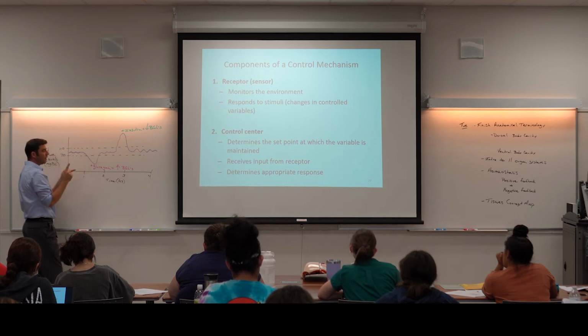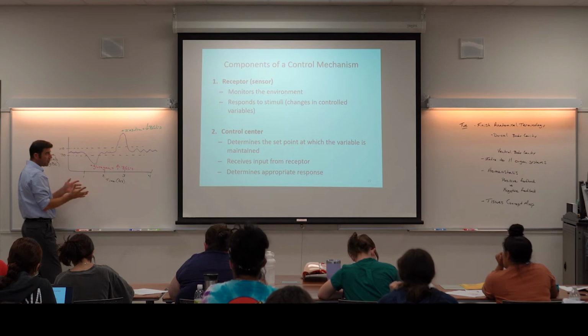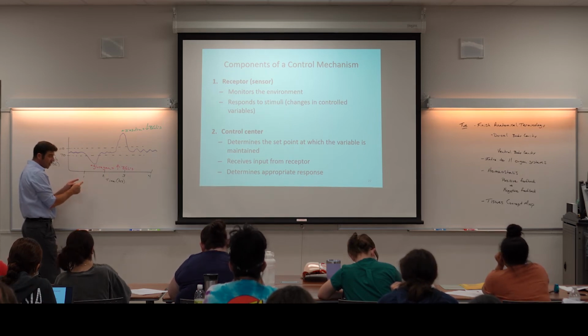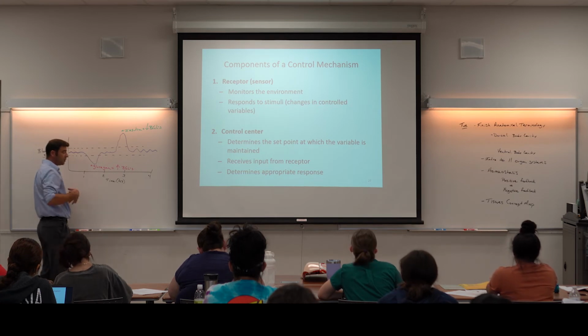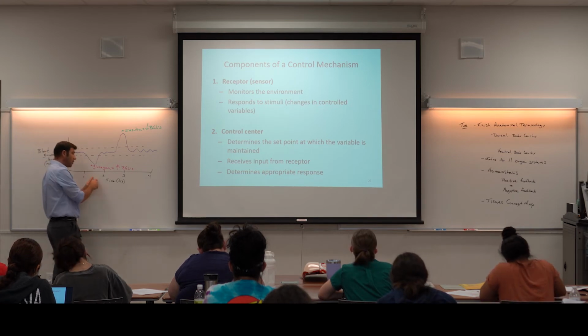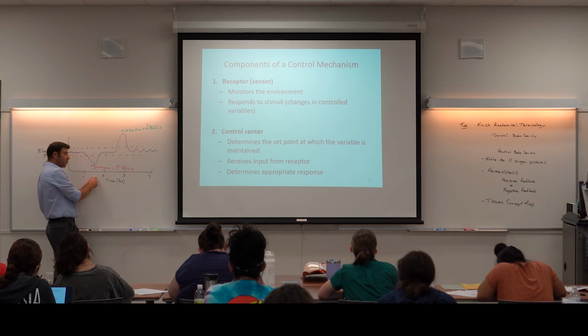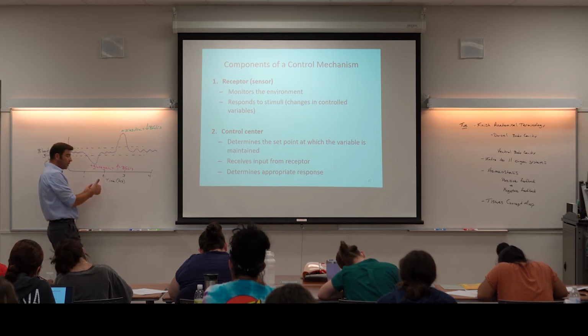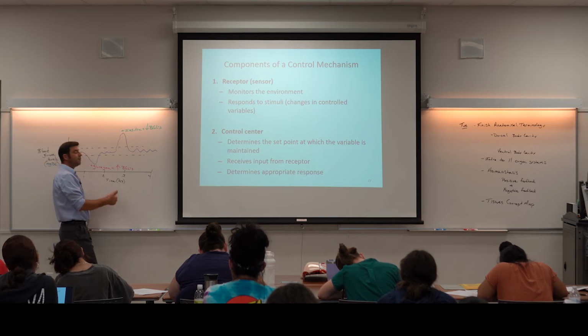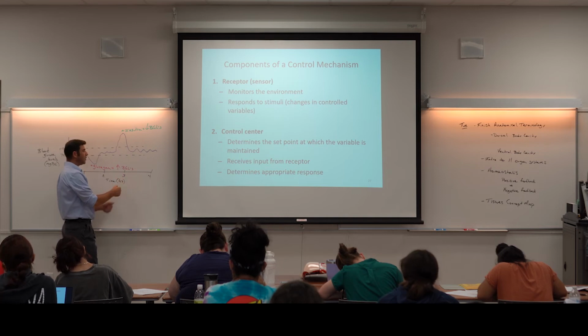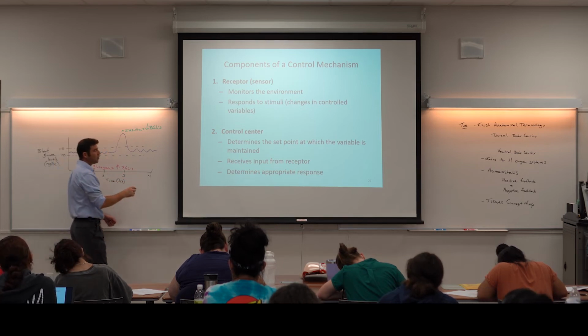There is a control center, which is either the nervous system or the endocrine system, that has to decide what the proper response is. In the example that I'm using here, it's the endocrine system that's deciding what the proper response is: those cells of the pancreas that produce glucagon or insulin. Once the proper response is decided, in this case, blood glucose levels are too low, the response would be to release glucagon. Glucagon has the effect of bringing up blood glucose levels and taking us right back into that tolerable